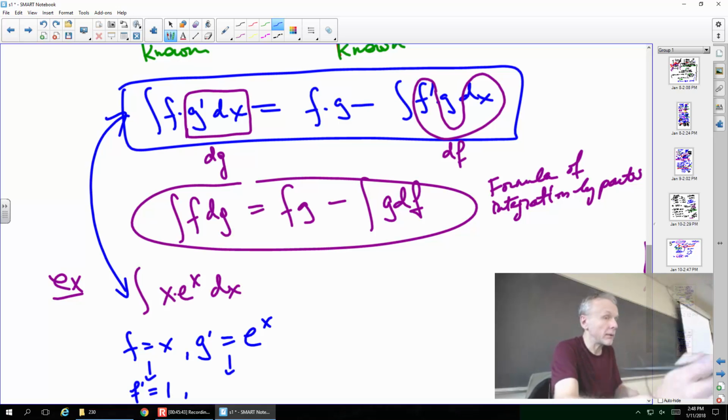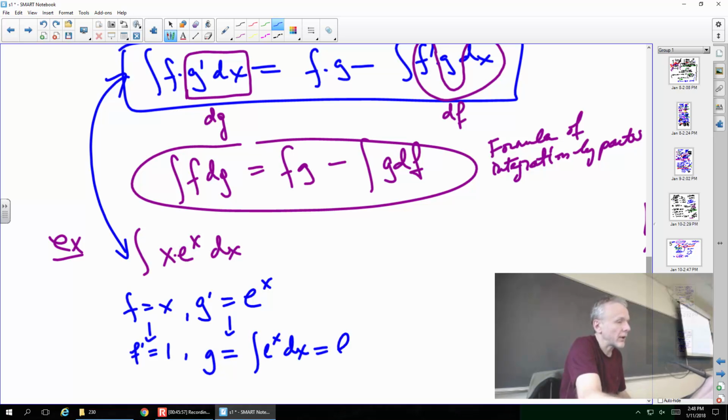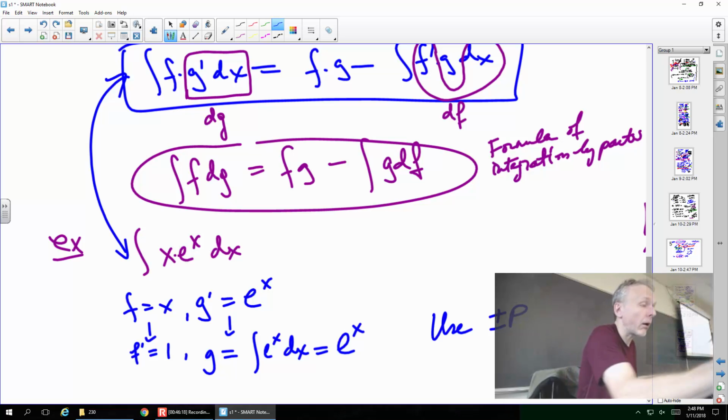And then we compute g. How do we compute g here? We compute it by integration, and that is the first part of integration. There will be two integrations, and this is number 1. So to find g from its derivative, I am integrating e to the x dx, and the answer is naturally e to the x plus c. Okay, so things seem to be working out, and now let's use the integration by parts formula. It's right at the top, so I'm just copying. I know what my f and g are. So this is equal to